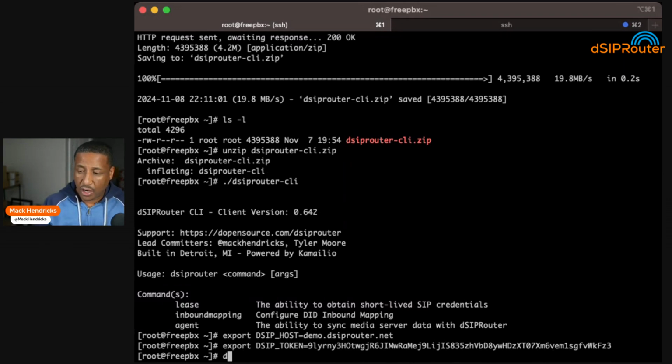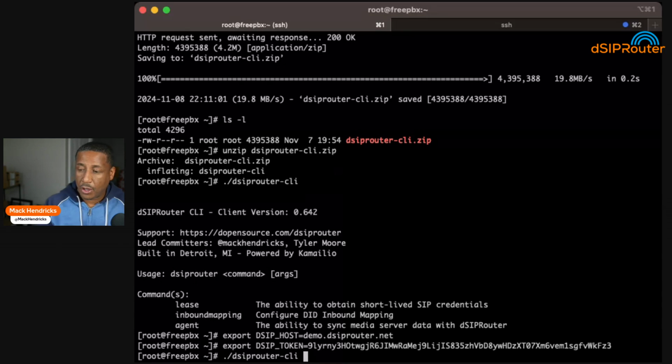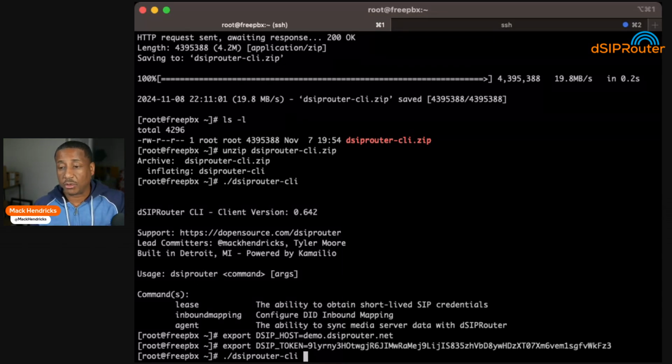And then from there, we can actually just do dSIPRouter CLI. Again, this is running on the FreePBX system, so it has access to the FreePBX database. By default, it's using the default credentials that come with every FreePBX system. So if I run this, I can just do